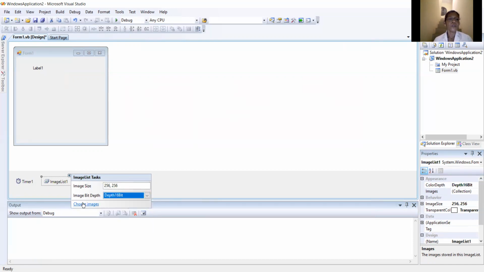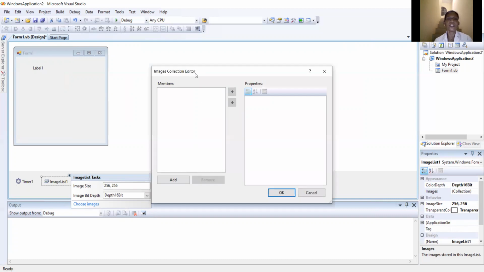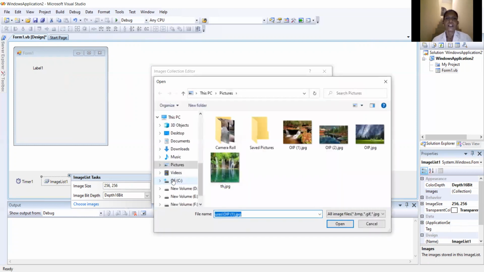Now, many picture files are to be added in the image list. So now we have to use the Choose Images link. Click that link, and the Images Collection Editor dialog box will be displayed. Press the Add button. Some picture files are located in a particular folder. I have to choose those images in that folder.